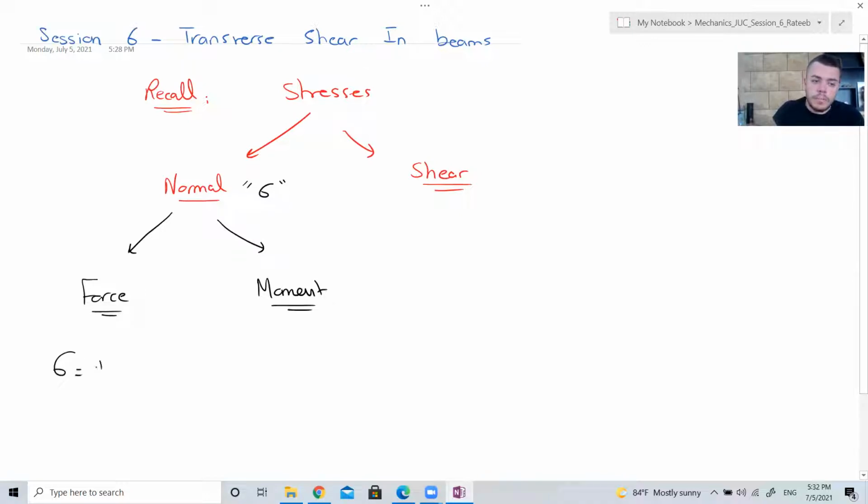Due to the force is plus or minus force over area, and due to the moment is plus or minus